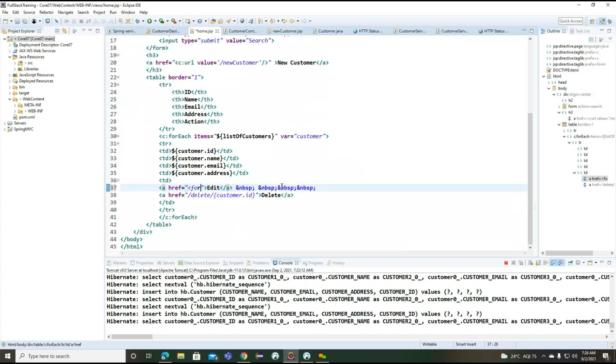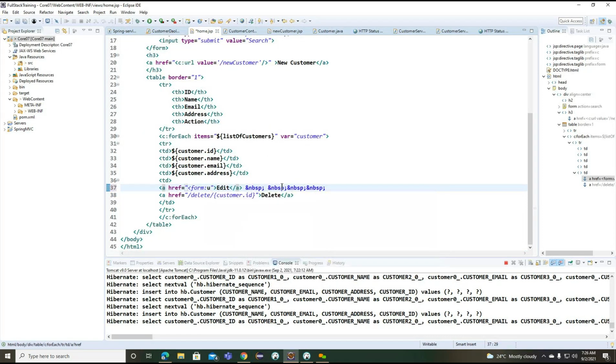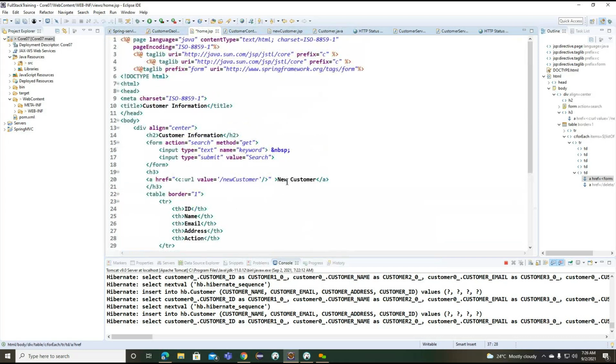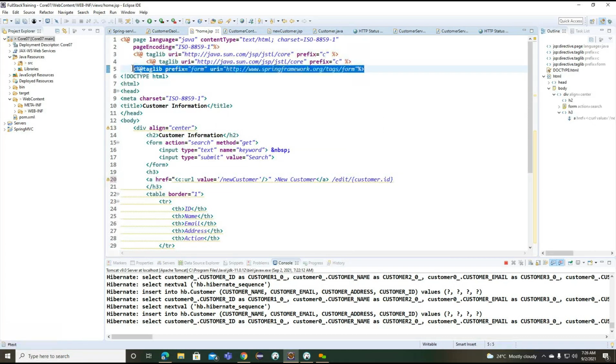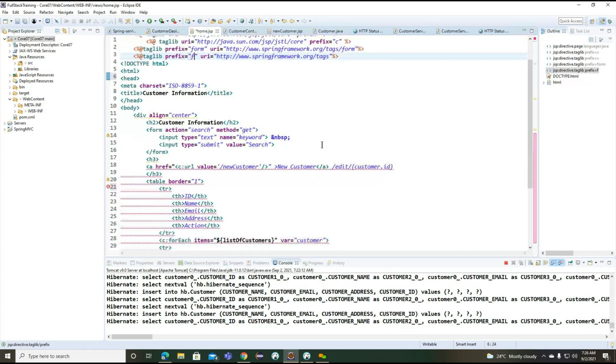Let's see, like URL in the Spring. I think I will copy. This is all about the form related tags here. We need to work with tags here.